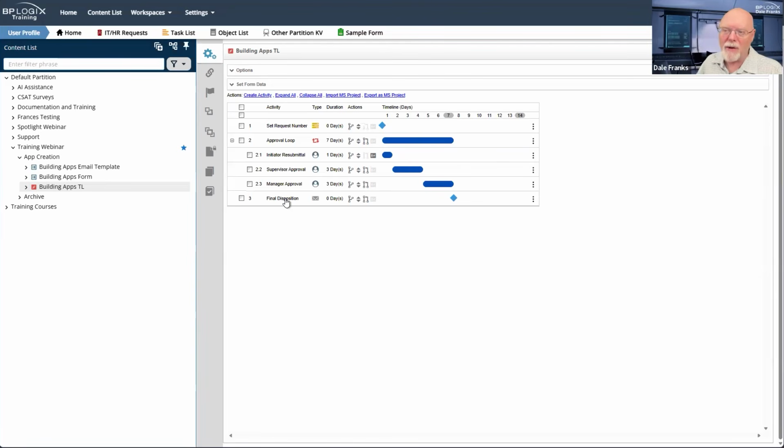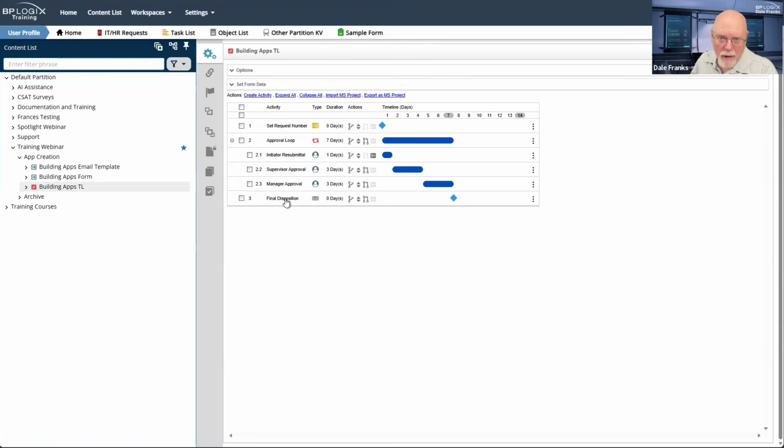That way, if they come back later and say, well, I didn't know that this had been approved, or I didn't know it had been denied, you then have a user activity that you can pop open and say, well, you were assigned the final disposition acknowledgement activity, and you hit acknowledge. Therefore, you were in fact informed because you completed the task that was assigned to you. Or alternatively, it doesn't look like you have completed it yet. It may be more believable that you didn't know that your request had been approved or denied.